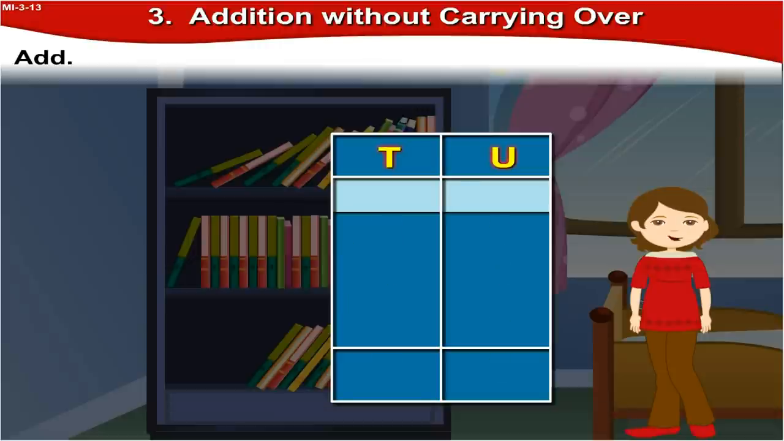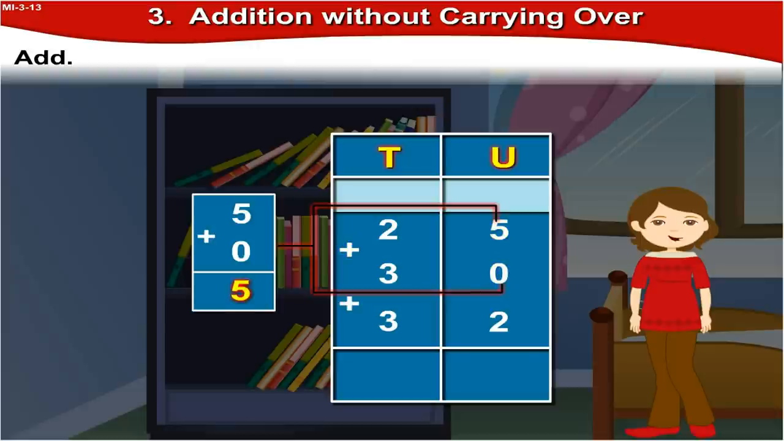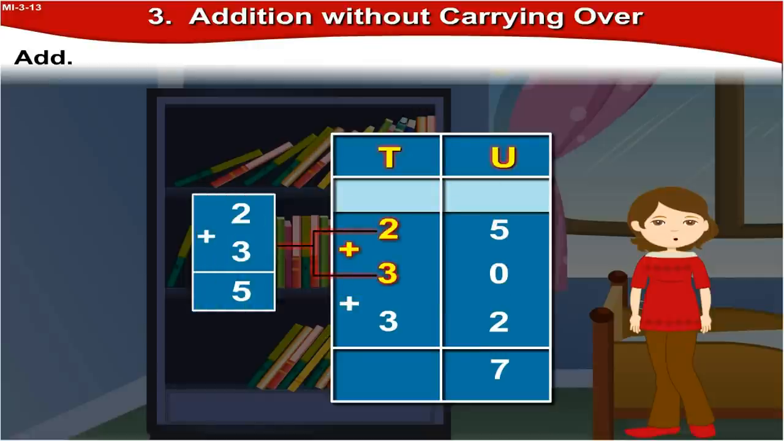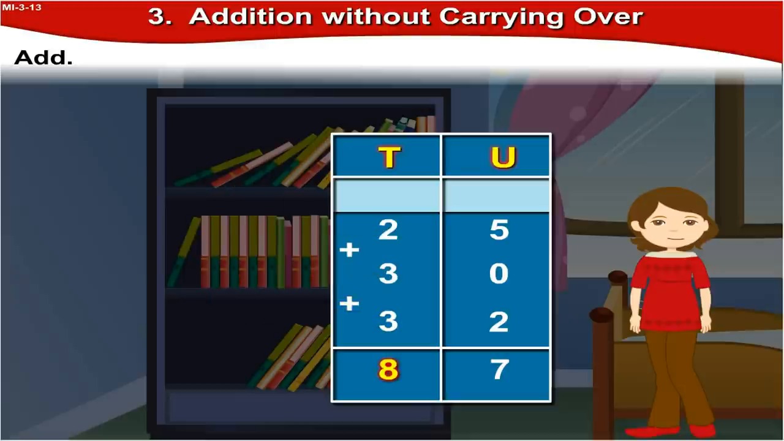Add. Now let us do some addition for 3 numbers. First sum, 25 plus 30 plus 32. Now they are already arranged in vertical order. In the units column, 5 units plus 0 units is 5 units, plus 2 units would be 7 units. In the tens column, 2 tens plus 3 tens is 5 tens, 5 tens plus 3 tens is 8 tens,